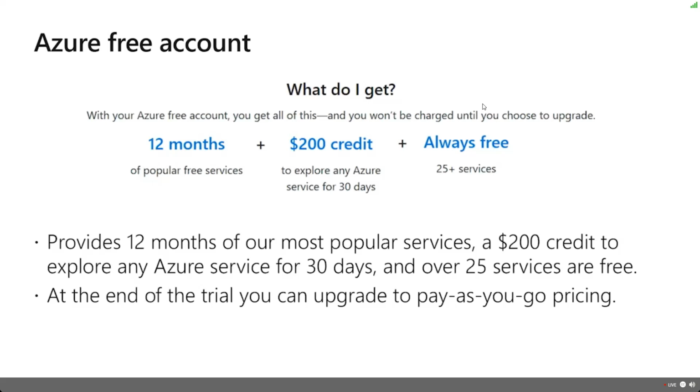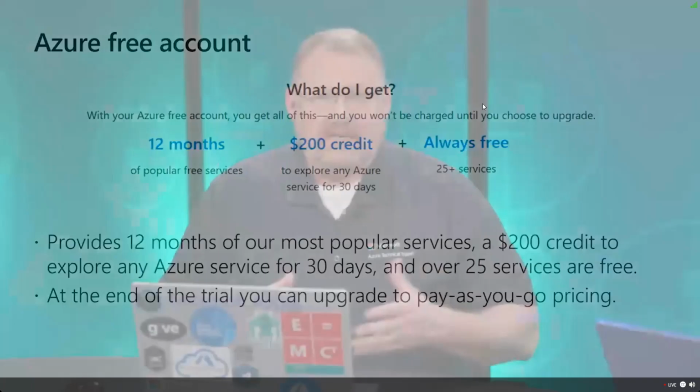Now, also a special note, the subscription that I use for a lot of the demonstrations, and as I teach and learn, is my Visual Studio subscription. So if you are a developer and you have a former MSDN and Visual Studio subscription, you actually have monthly benefits. I have a Visual Studio Ultimate subscription, so I get $150 every month to work inside of Azure. So there's lots of ways to get and use Azure, but understand my subscription is all by itself. It cannot be combined with other subscriptions, and is designed specifically for dev and test purposes. In my case, I happen to use it to teach.